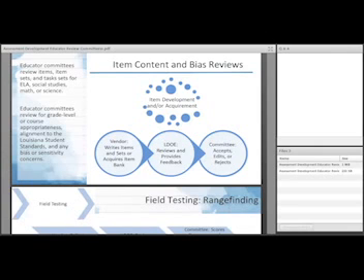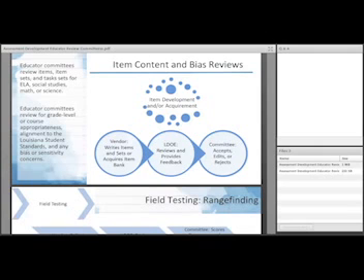The other type of item content and bias review deals with items that are acquired from an established bank. Any items acquired from an established bank, and this applies to ELA and math, have already gone through the entire process that I'm going to discuss in this whole webinar.